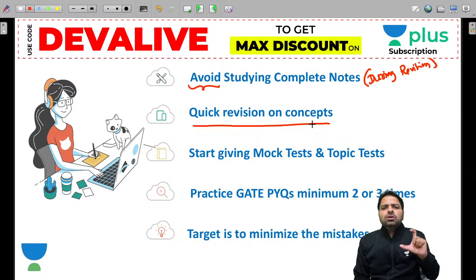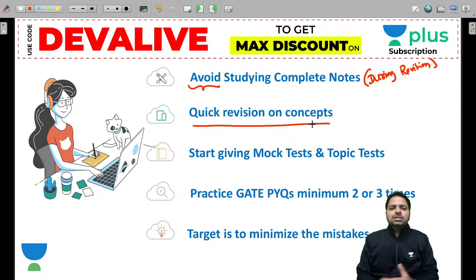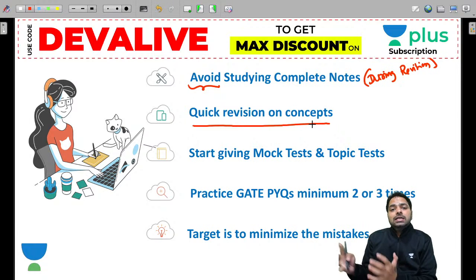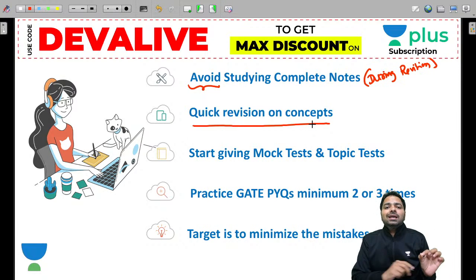So, quick revision on concepts. If you have 100 pages, you can do it within 3 hours by looking at only the required portion in the revision. Remember that. Is it clear? So this is how you need to study the complete notes without looking at every page, right? If you are writing 40 pages for one topic, out of 40 pages, you might need only 4 or 5 pages. But that will help you to understand the remaining pages. So always underline what to do in the revision. So this is a good point.